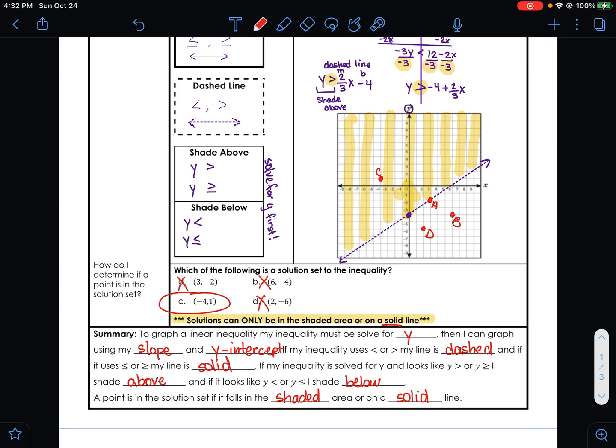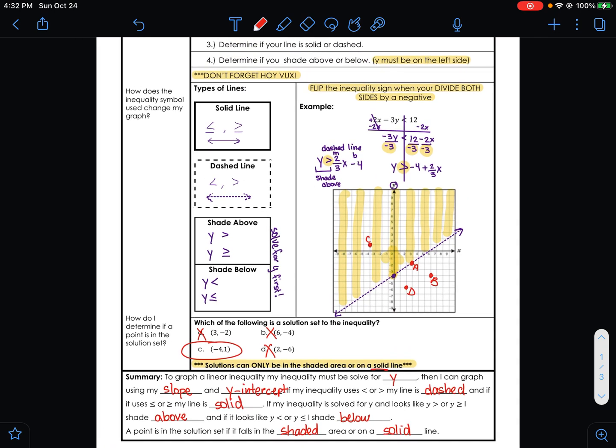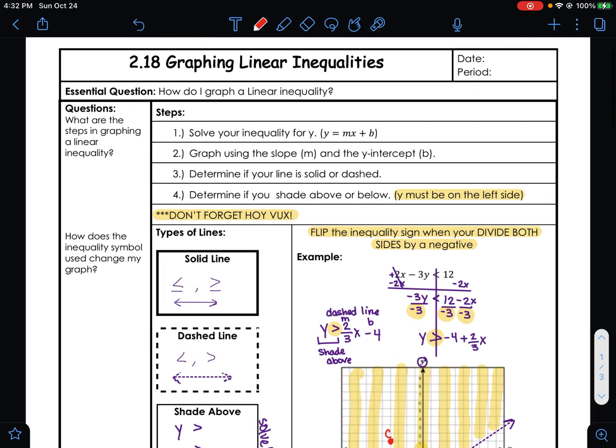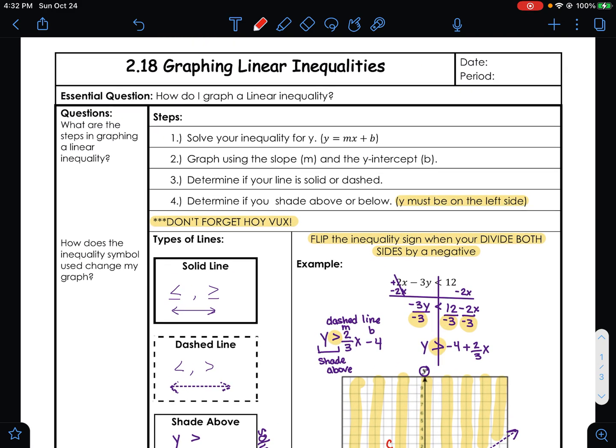So what I would like you to do is, if you have any questions, go ahead and write them in the left-hand column, and be sure to ask your teacher and